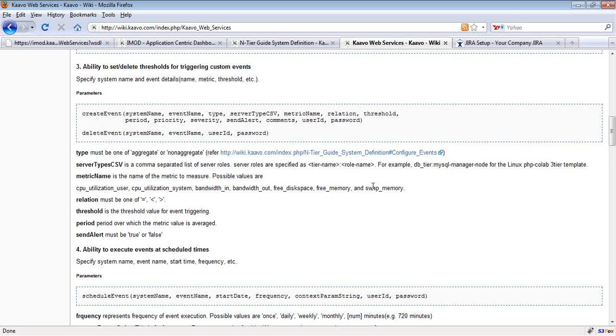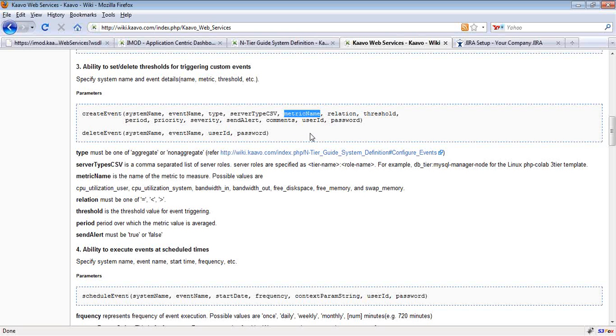And you can see there is the event name parameter here as well. So if you specify system scale up, and specify a threshold, say 50, and the relation, say greater than, and say you specify the metric utilization, then whenever the CPU utilization metric crosses the specified threshold, the system scale up workflow will be executed.